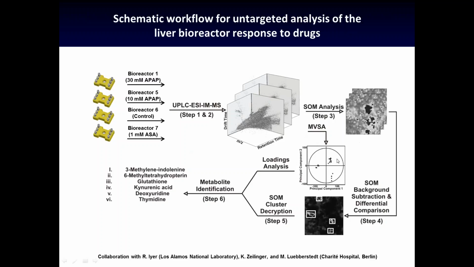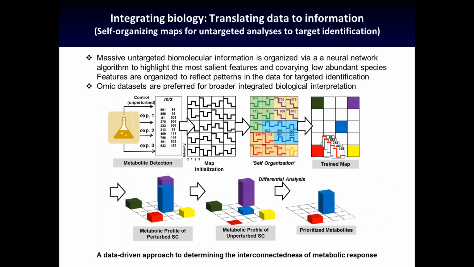We can do some quick supervised statistical analysis, PCA and the like. But oftentimes what we're doing in these discovery workflows is using what's shown on step 3, self-organizing map, or SOM analysis. The way these self-organizing maps work is we're utilizing them to tell us what the important features in the data are. Similar to how it's done in big data for internet commerce, this slide shows you what the strategy is. For example, when Amazon gives book recommendations, they monitor your page views and your book buying history, and they create a pattern, a sort of temporal sequence of the data, which is shown in the map